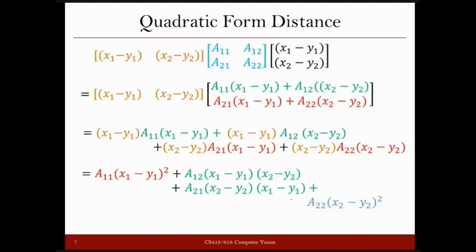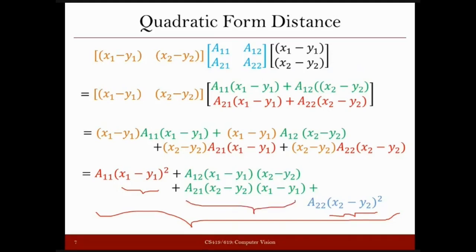Now, if you do a little mathematics, multiply out the vectors and matrices, finally you will see this. Let us analyze this with respect to the Euclidean distance. What do you get in Euclidean distance? You only get the x1 minus y1 whole square term and the x2 minus y2 whole square term, right? A11 and A22, these weights, are not there. This is one difference. But the second major difference is that this term is not there. These two terms you will not get there.